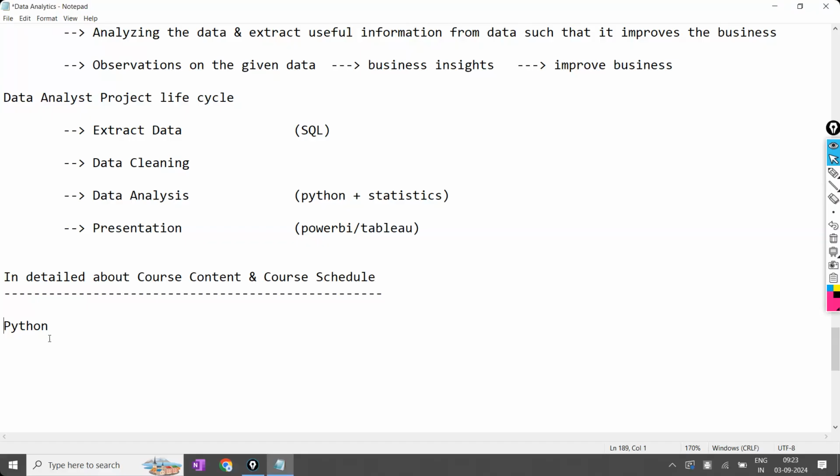In Python, first I will discuss with you core Python. What is meant by core Python? The basics of Python, completely from the base level. So whoever is interested in Python has to always start from core Python. Starting from the introduction to Python, followed by installation of Python, how we have to install, what are the first initial steps, and how to write the basic things. So this is the basic.